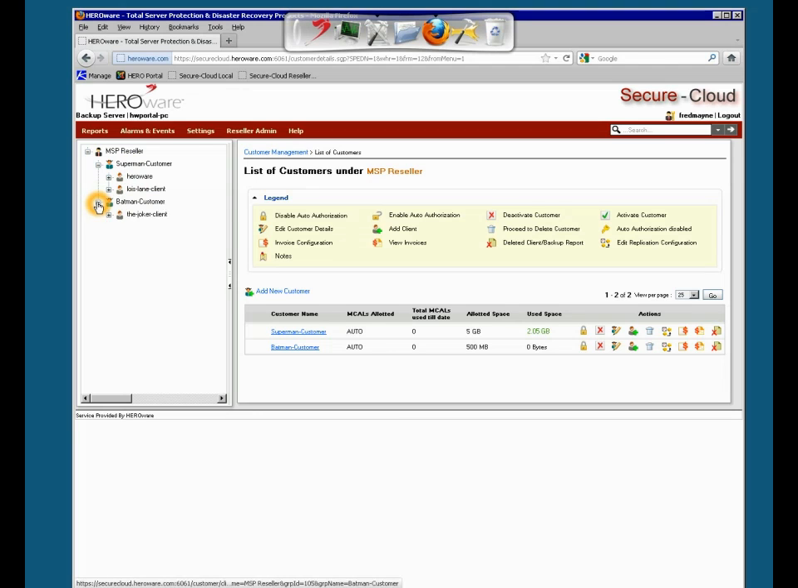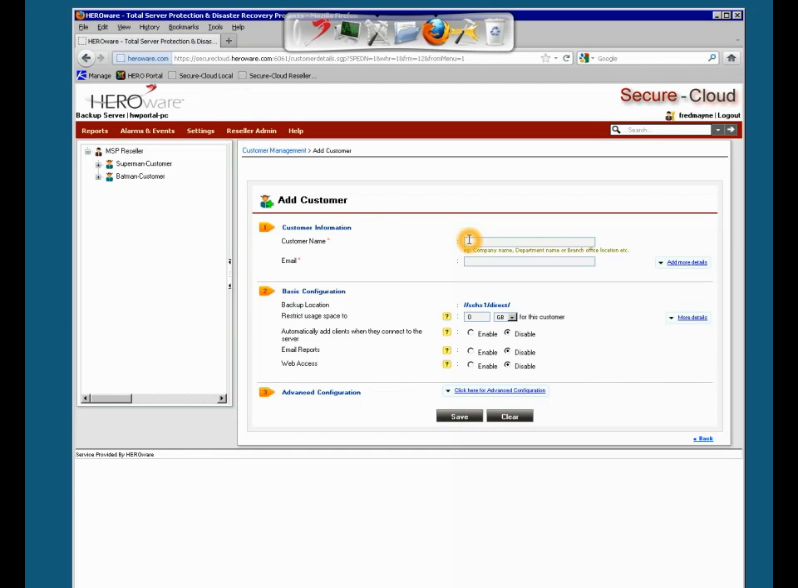Likewise, in the Batman section, we have the Batman customer. He is a company. And then underneath him, the Joker client. So this is where you would add a new customer. If you care to add a new customer, you are on MSP Reseller. Once you're on MSP Reseller, in the right-hand side, you'll see that I can add a new customer. So I would add a new customer here, and I would call that customer whatever I care to call him,